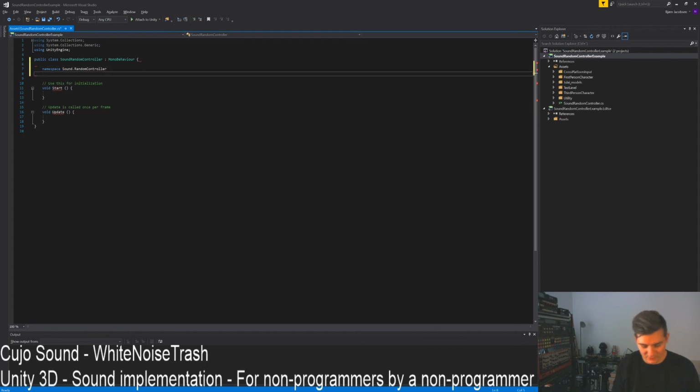And the namespace requires a curly bracket, and it's going to end with a curly bracket down here. So now we have a namespace here, which means that everything you're doing now is within this namespace. That means that now that we have